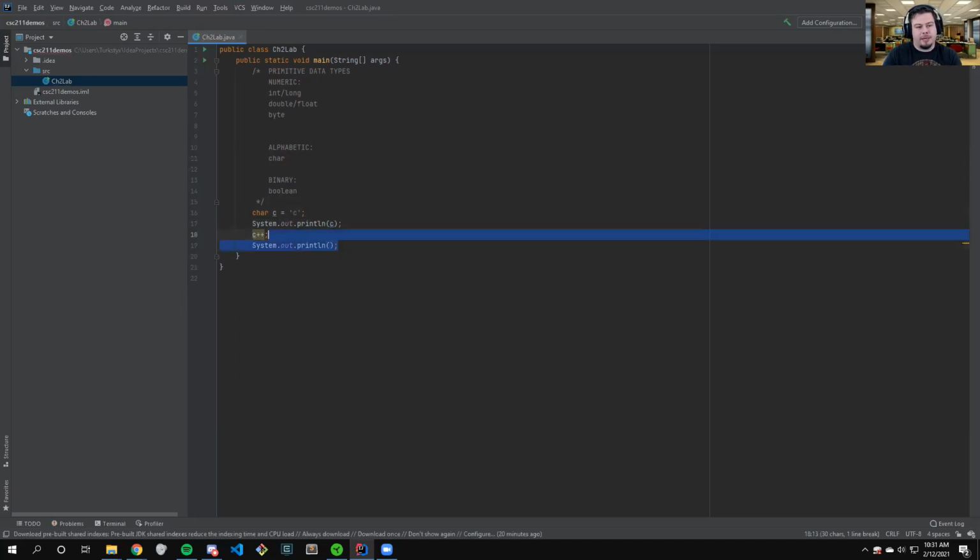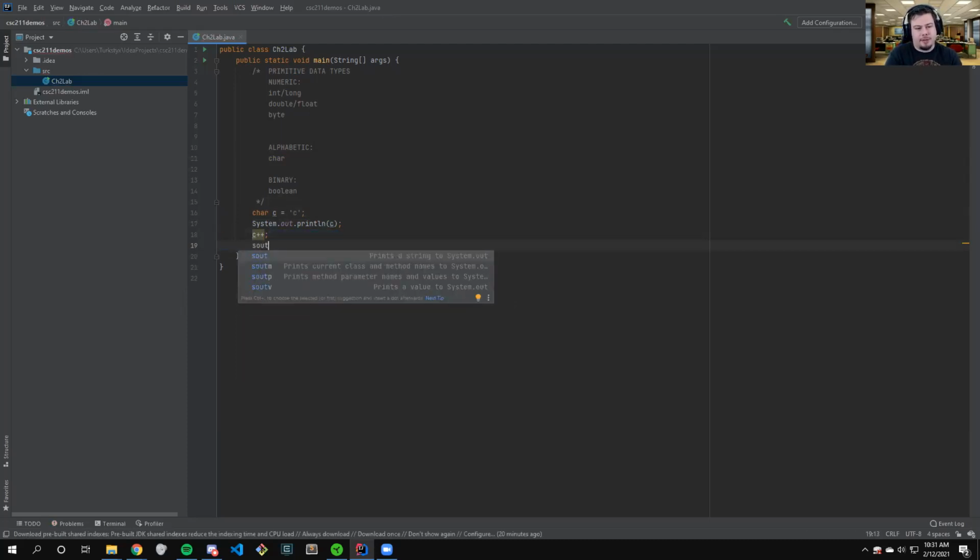By the way, fun fact, if you write s-o-u-t and then press tab, you'll get System.out.println, a nifty little shortcut in IntelliJ. If I run this thing,